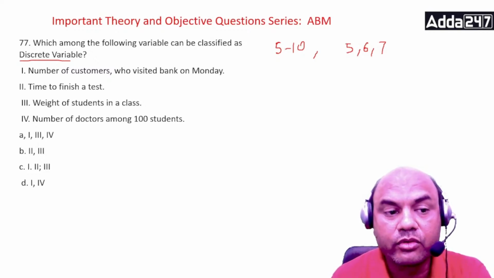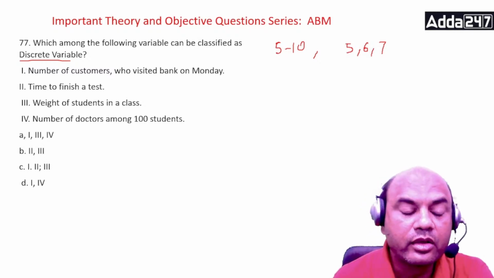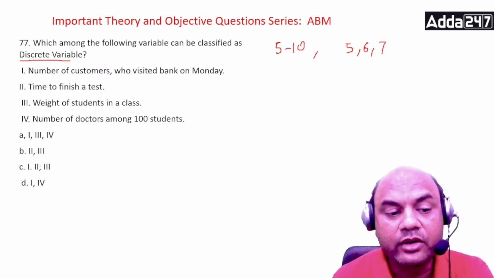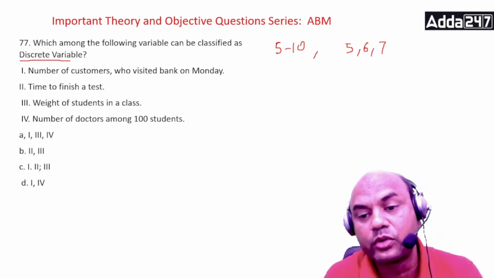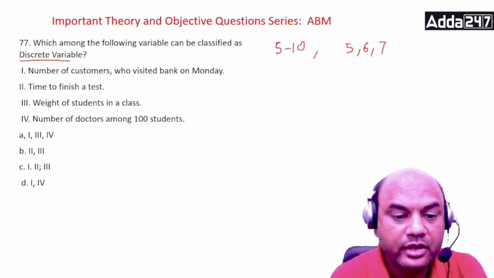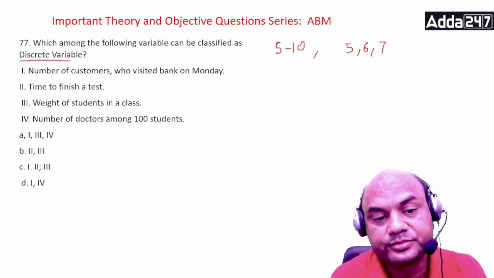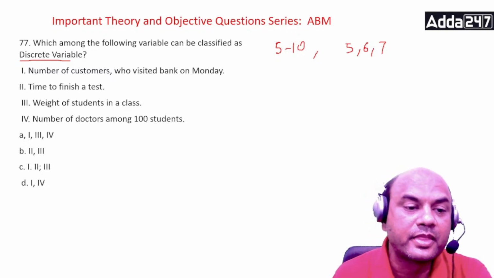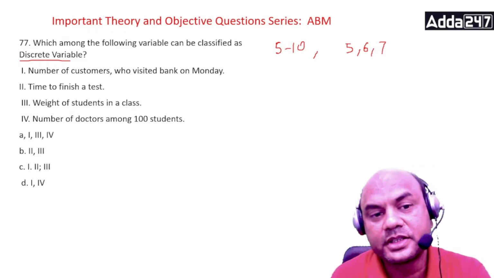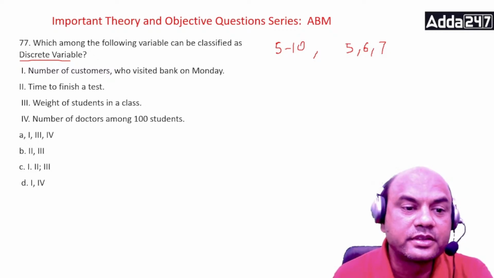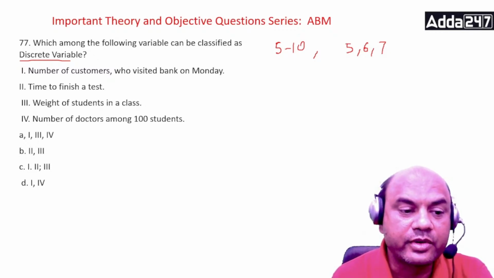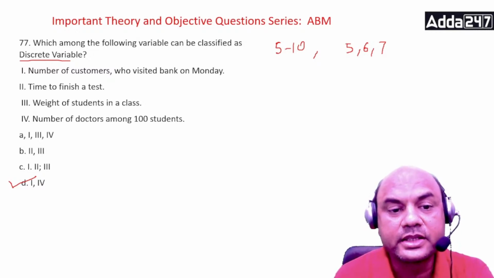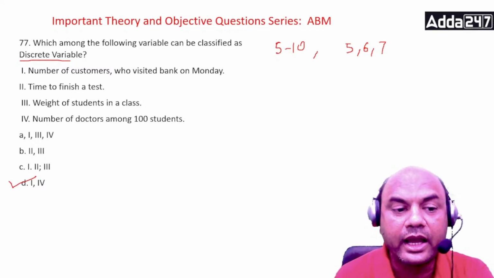Now you think over it. I have told you the meaning of discrete and continuous. Now we have to find out the answer over here. Put it in the comment section, everyone. It is D, 1 and 4. This is the answer. Discrete variables are the number of customers who visited the bank on Monday and the number of doctors